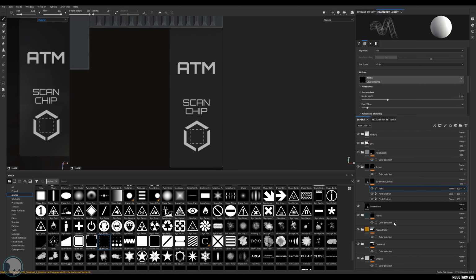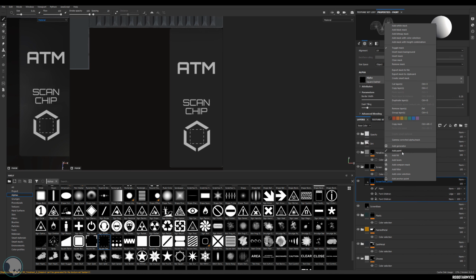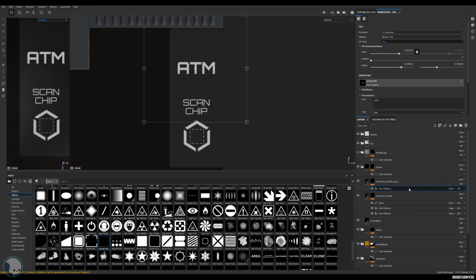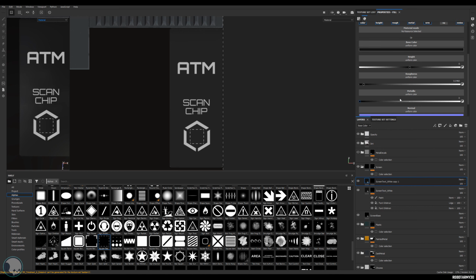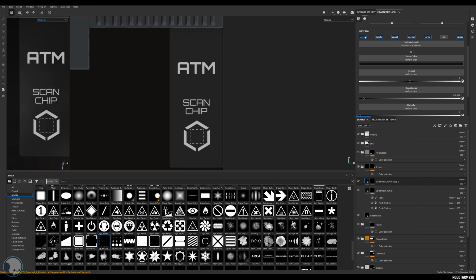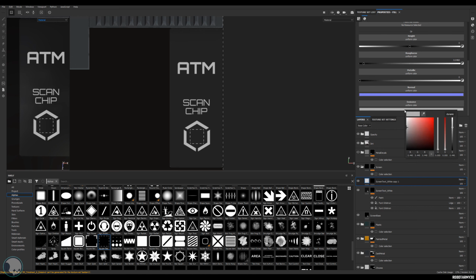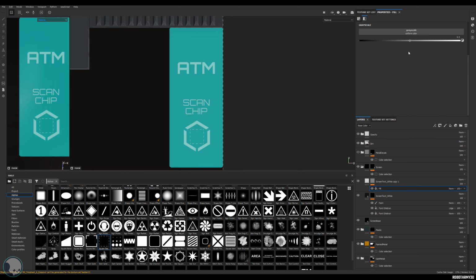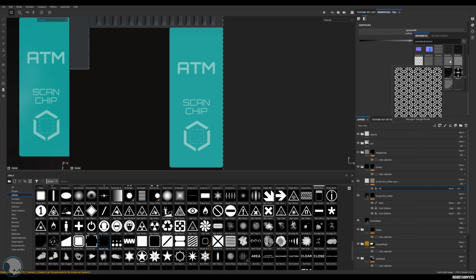And then just to make it a little bit nicer, I'm going to add a second color to this. So I'm going to duplicate this layer, delete the other ones here, the fills. I'm going to change the color of that, change this emissive to some sort of nice color, and then in the black mask add another fill, and then in that fill I want some sort of repeated pattern. So we just scroll through here, there's quite a lot of different things we can pick from. So I think I'm going to go for this one,